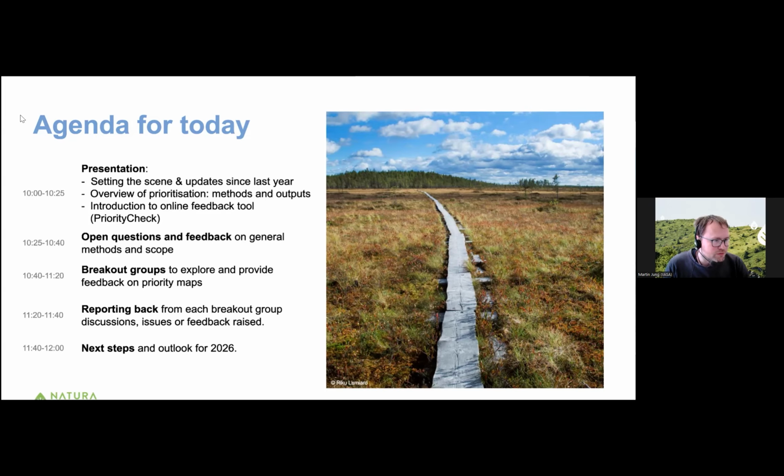Following that, we will do a breakout group discussion. It will be quite interactive for you, because it's not only a discussion, but you will be able to directly comment, visualize, and give feedback on the maps that we created. So it provides you an opportunity to directly provide us with feedback on what you think of the outputs, where you might see challenges, and so forth. After that, we will report back and then follow on with next steps for this year.